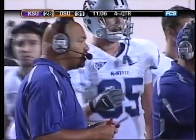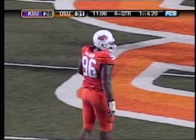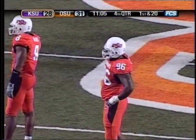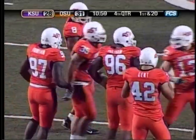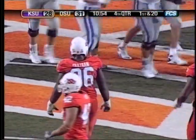You can hear over the officials, Mike, how much that wind is still kind of blowing. And if you look at the flags at the top of the east end zone goalpost, you can see it's still swirling down there. So it does have an impact on what Kansas State may try to do, but the crowd getting into it may have even more of an impact. Ball goes back to